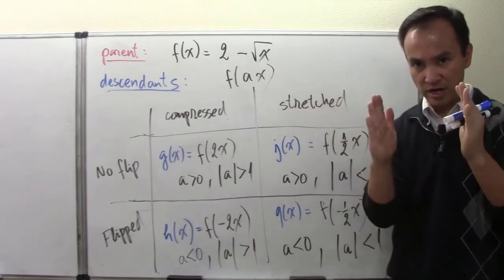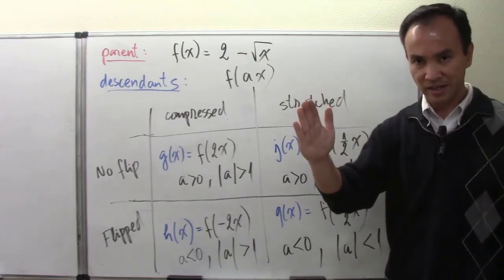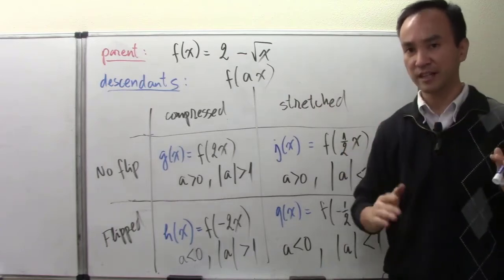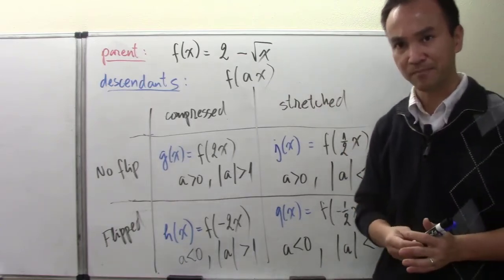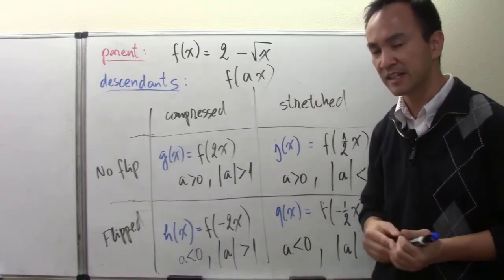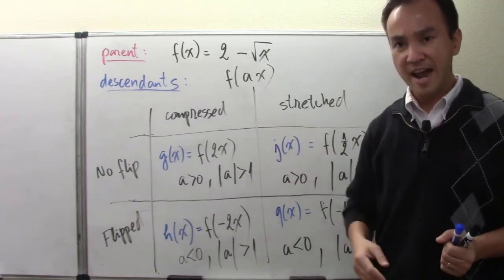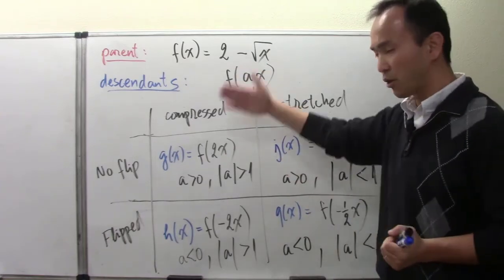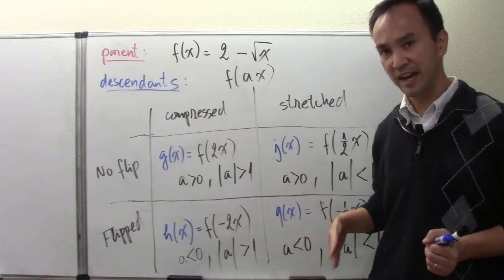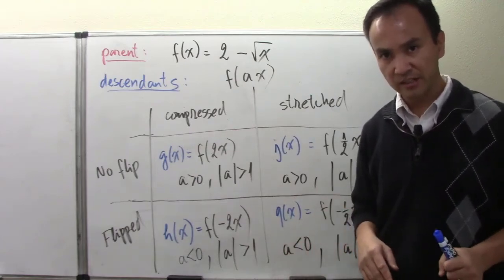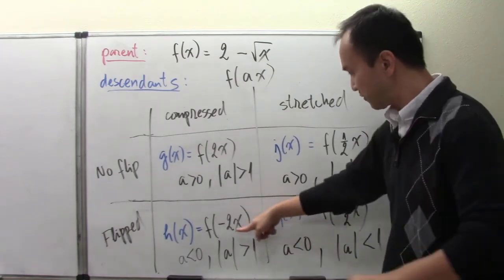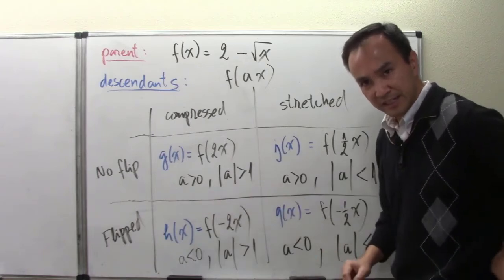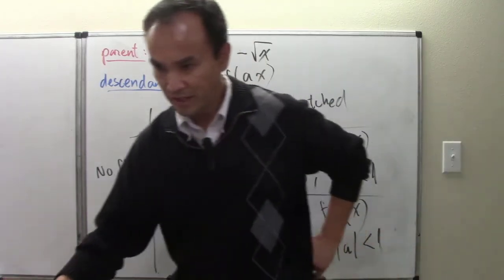It's narrower, it's wider, or it's flipped the other way. There's always some scaling happening there, but the kind of scaling here is on the horizontal axis, and that's why I categorize all of these as the different horizontal scalings. And there could be both in one case. All right, so now let's